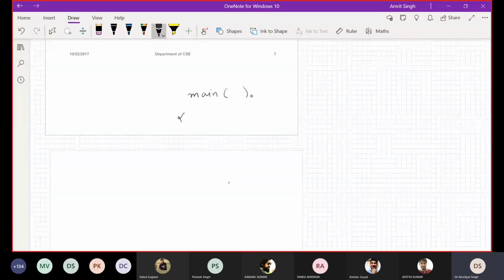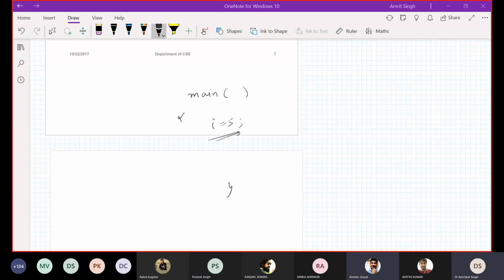So that is your main. Okay, so let's say you want to print your hello world using a function. Let's say I want to use this i is equal to 5. What do I have to do here to use this i as a variable? What do I have to do before using a variable in C?